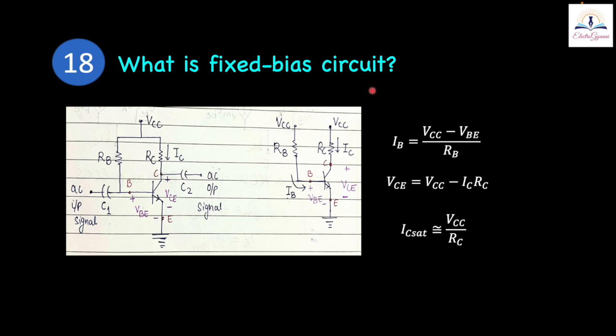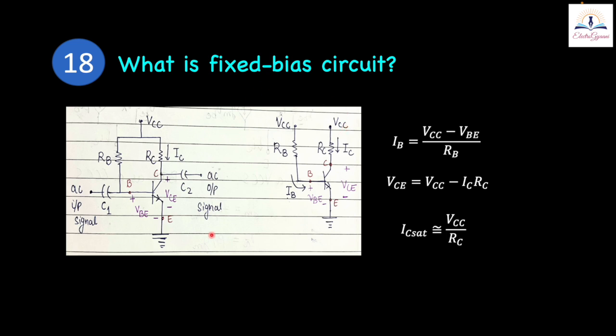Here you should always remember that biasing is done to find the operating point that should be in the middle of the load line, which gives high linearity. Also, the purpose of biasing is to make the collector current independent of temperature, and since beta is the temperature dependent factor, we need the collector current to be independent of, or at least inverse of, the beta. That will give high stability to these amplifier circuits. So this is the purpose of biasing.